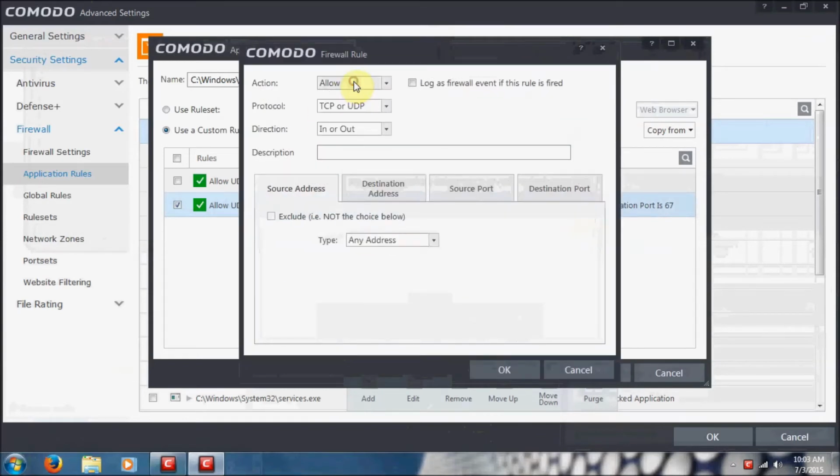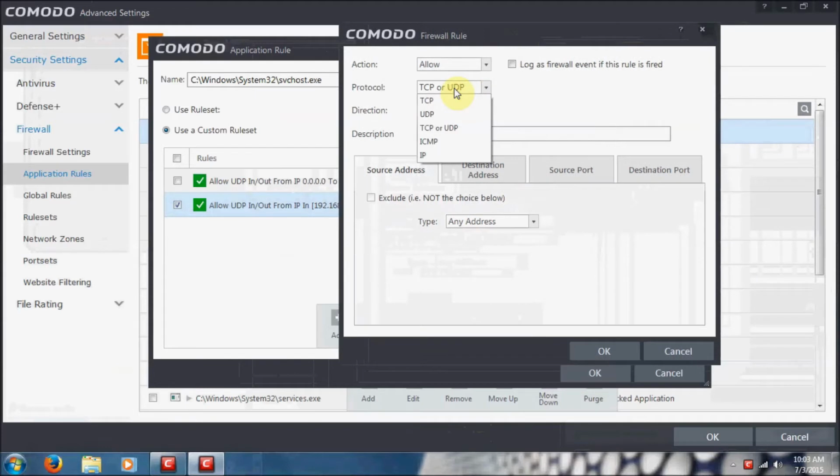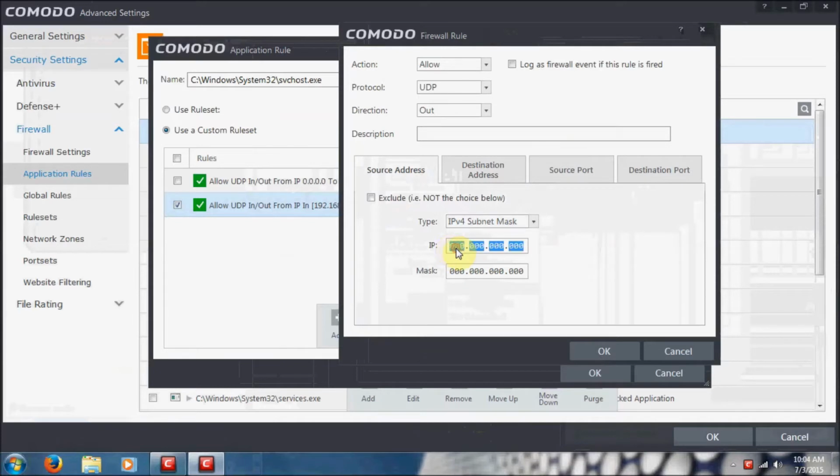So the next thing that we're going to do here is we need to allow our DNS information outbound only. And this is very important. When you're setting your DNS to send out DNS addressing, you only ever want it to go outbound. Okay, so we're going to set the subnet mask here, and it's going to be